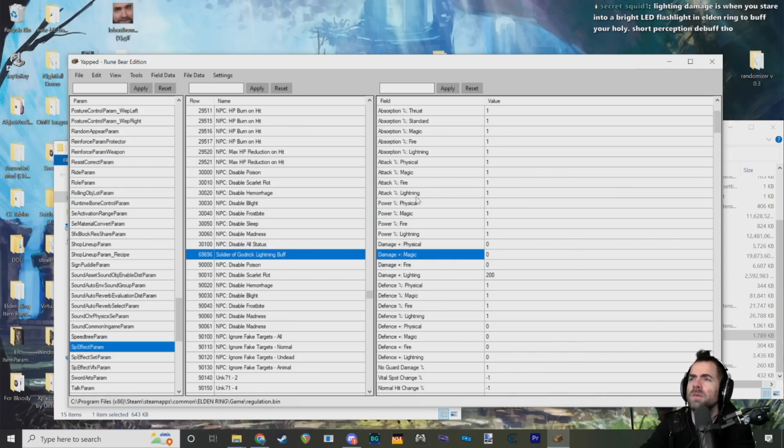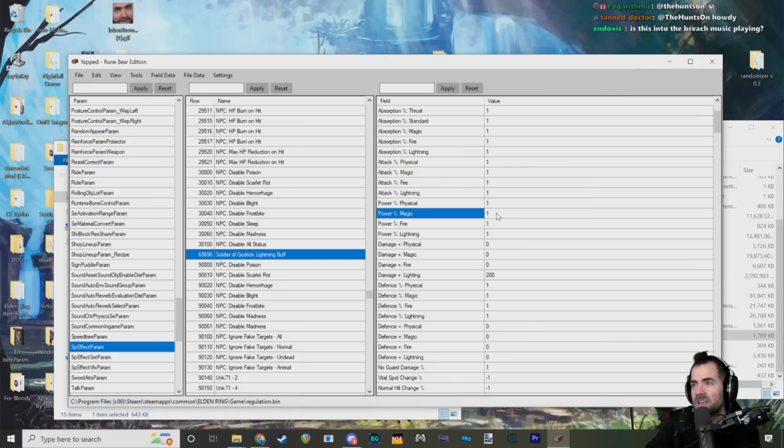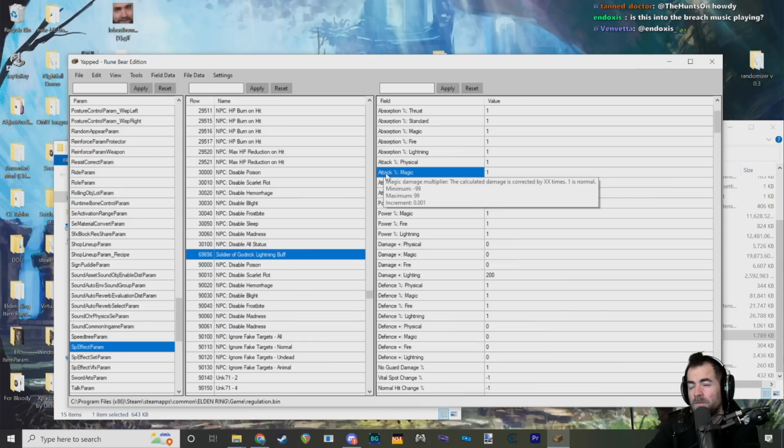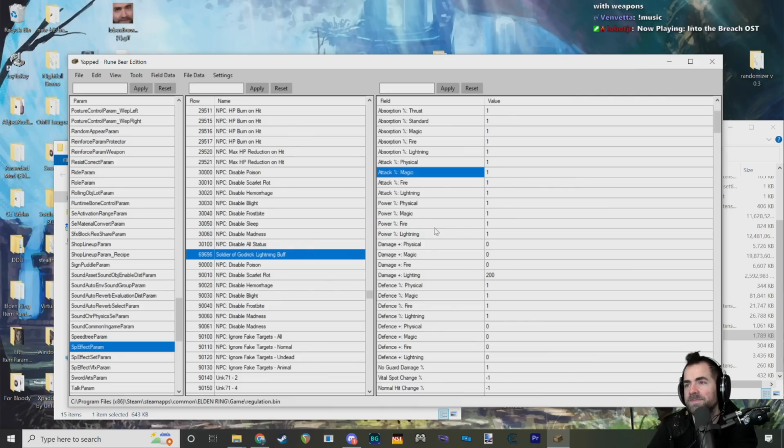Interesting. Someone else might be able to point that out. But I think it's just a different stage in the calculation. Oh, wait, let's see. Multiply the fire attack power by the set value. Flame damage ratio. Correct the calculated damage by number of times. Wait. I would guess this is just adding the number straight, and this is like a multiplier for the attack? Maybe? Yeah, I think the power percentage will be applied earlier in the calculation, because your power is used to determine an attack damage, and then the attack percentage is applied on top of that, because the power might be reduced by other things. Okay. That's my guess, but I'm not too sure about that. You could get very similar effects, but you just have to kind of...